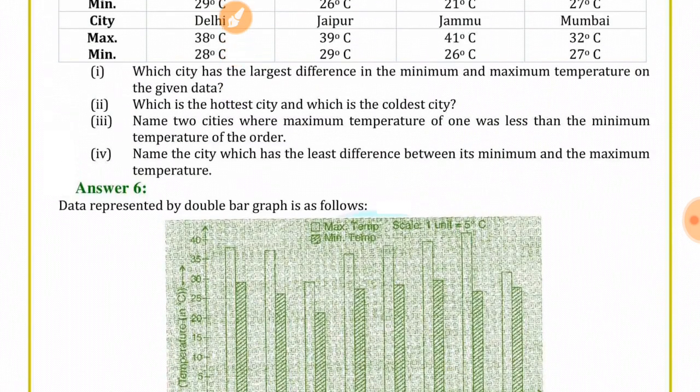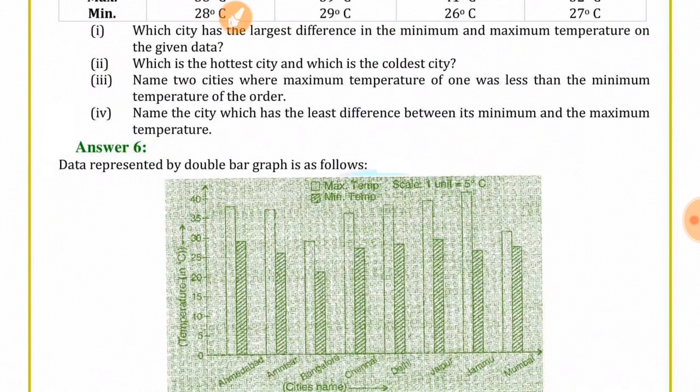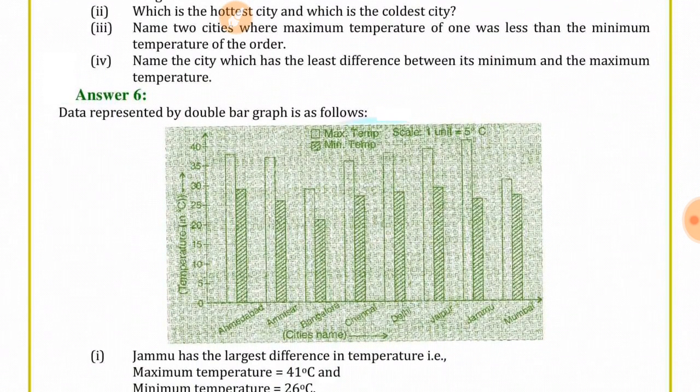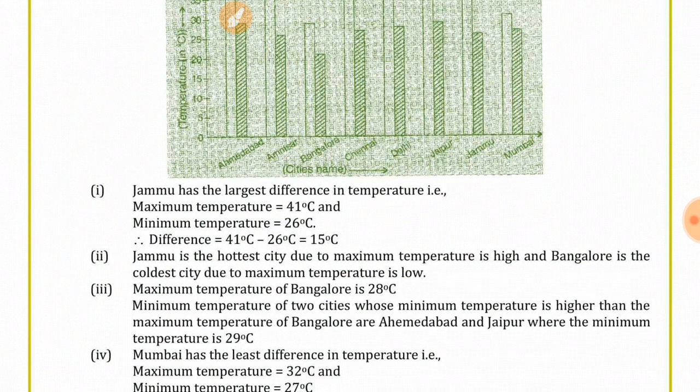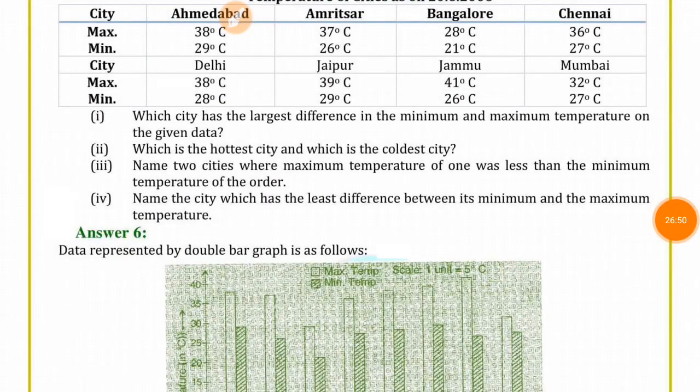Next question, name two cities where the maximum temperature of one was less than the minimum temperature of the other. So here, the maximum temperature of Bangalore is 28. The two cities whose minimum temperature is higher than the maximum temperature of Bangalore are Ahmedabad and Jaipur. See, the question indicates, name two cities where the maximum temperature of one